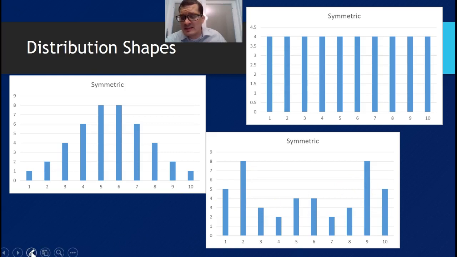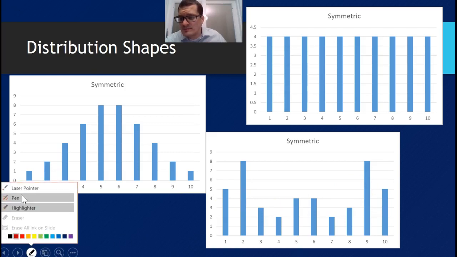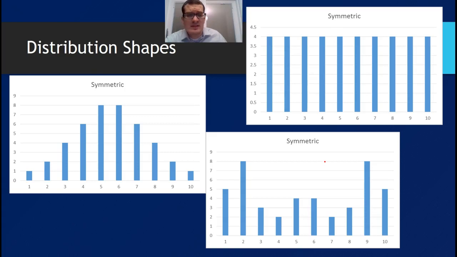But the basic idea of a symmetric distribution is that there is some place on the distribution shape where I can draw a straight vertical line and have that distribution be symmetric,